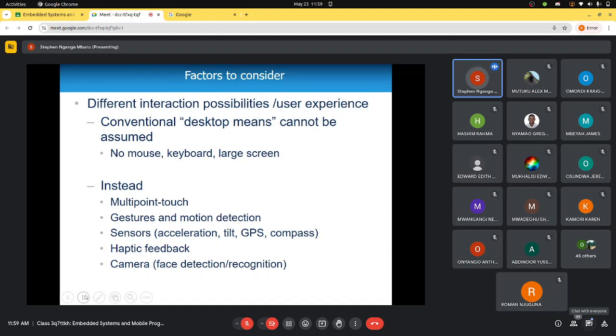In terms of the screen, every player now has capitalized on the use of the screen. The screen has become so interactive that you no longer need keyboard and mouse to operate your mobile phone. You can do everything with multi-touch and multi-gestures, including the visual. Right now, most of us are paying for our transactions by just looking at the phone with visual recognition. And therefore, with the haptics, the camera, all this, you can create an application that capitalizes on